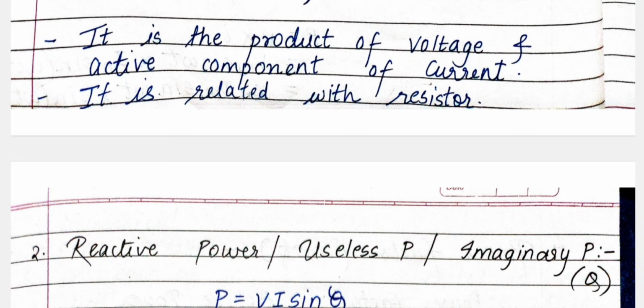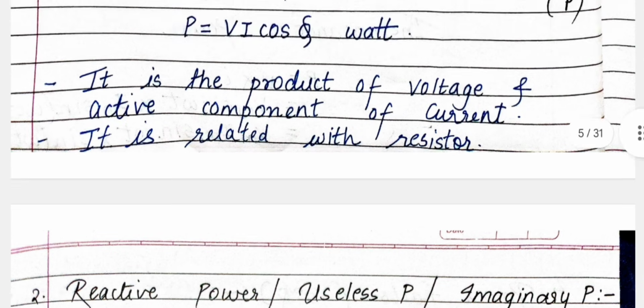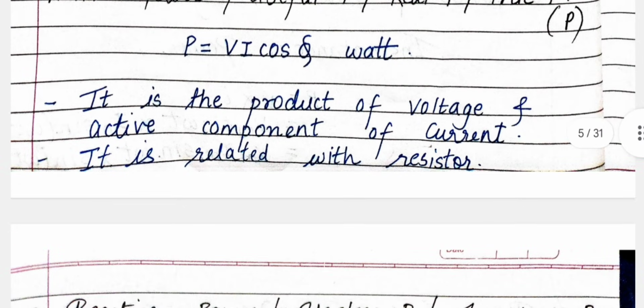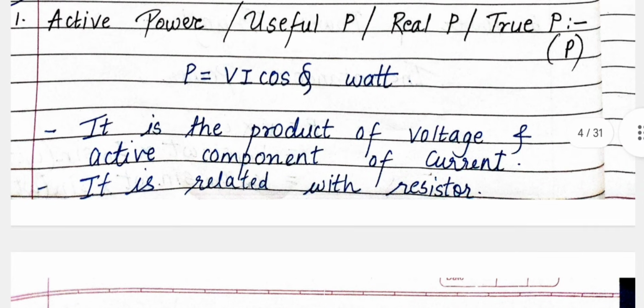Okay, this full question can give you 7 to 8 marks. Okay, so that's why you have to write this much. Otherwise, if time is not there and the question is not of that many marks, you can skip this definition part. Okay, you can just derive the power equation and you can draw the power triangle. Okay, so here what is active power?